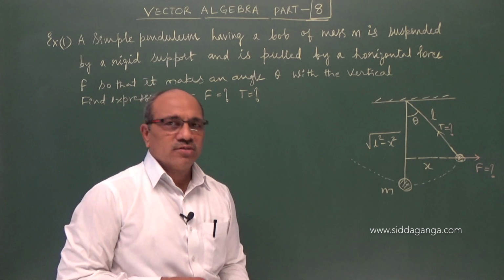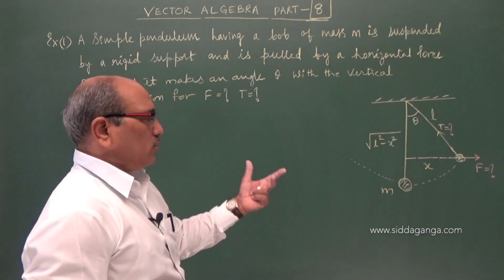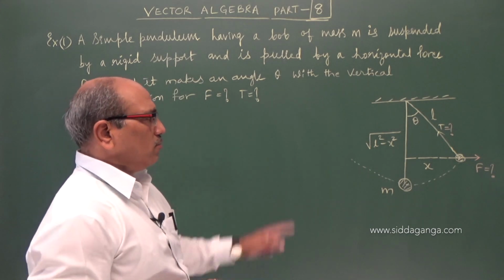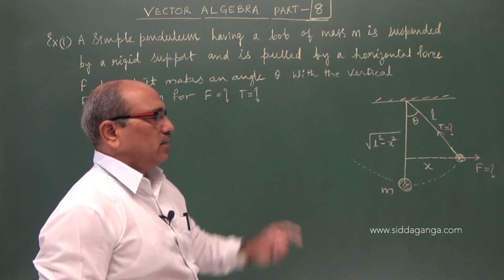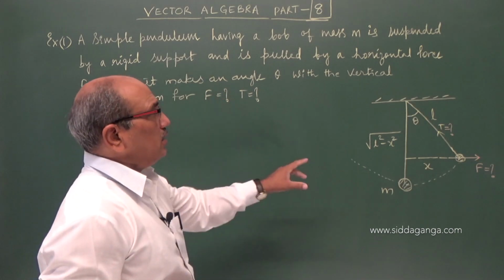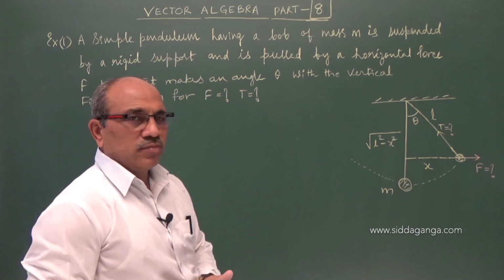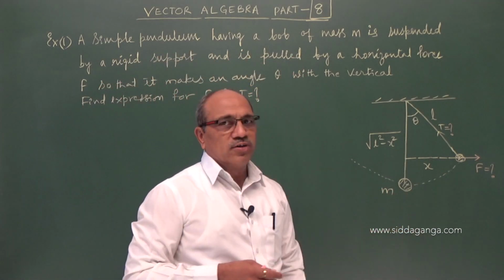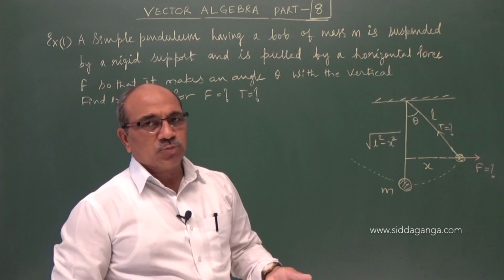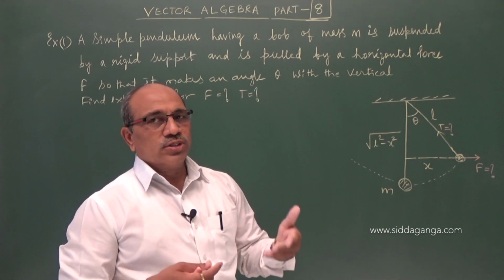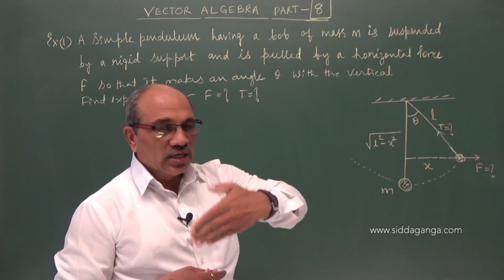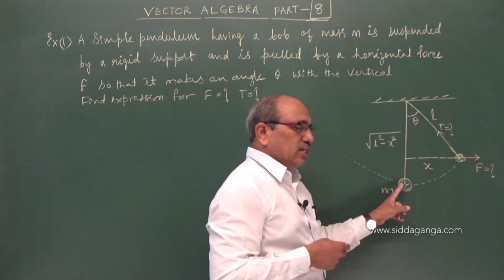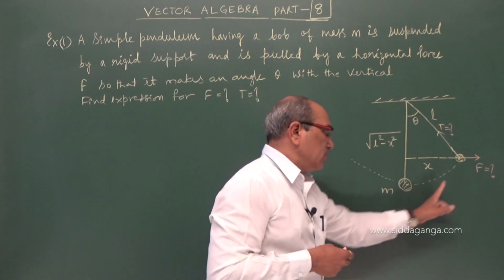An ideal question and a very good question. Just listen to how the solution can be got, because our aim is to get F and T. Geometrically we construct what is given in the question: a simple pendulum having a bob of mass m. Even if you have not done the experiment, you know in houses or in watch shops, there is a clock pendulum. Like this, a simple pendulum suspended by a thread which is oscillating.